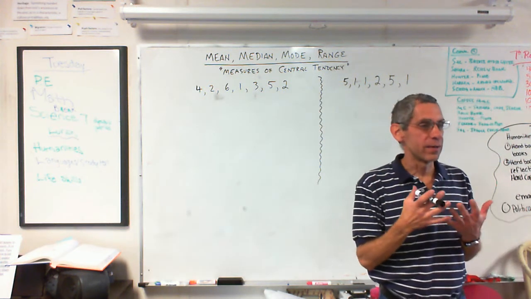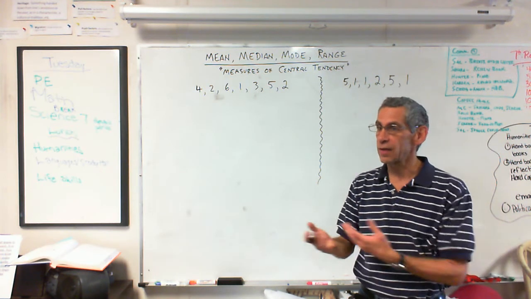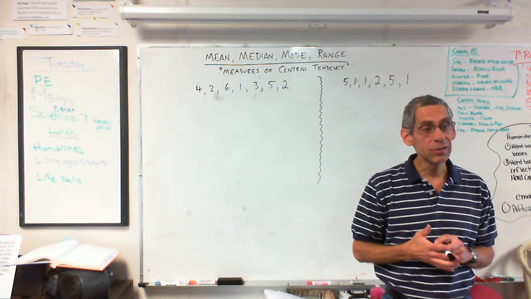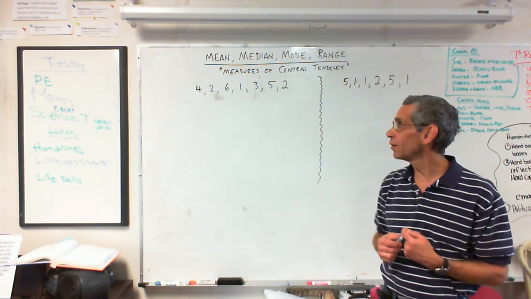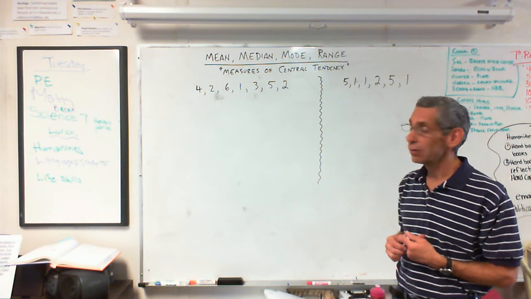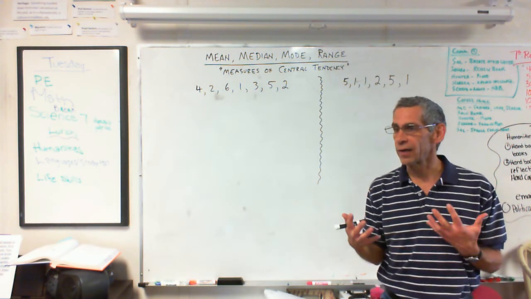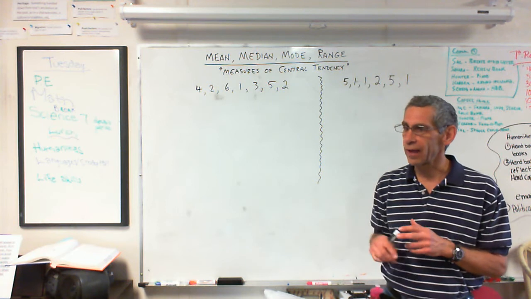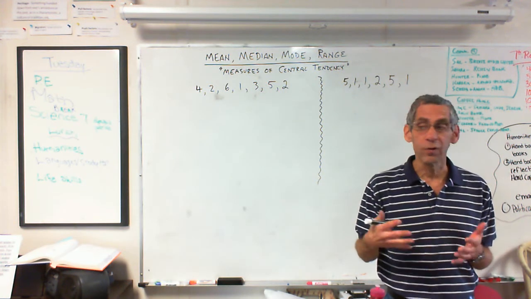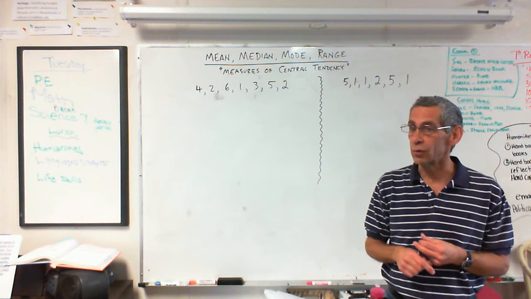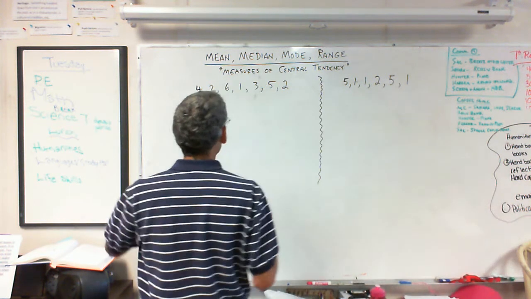I really recommend that you organize the data in order from lowest to highest first. You don't need to do that really for mean, but you do need to do it for median. You do need to do it for range, technically. I mean, you can sort of do it in your head, but it's helpful to have them. You don't need to do it necessarily for mode, because mode is merely the one that's repeated the most. But I recommend it, so I'm going to put these in order.